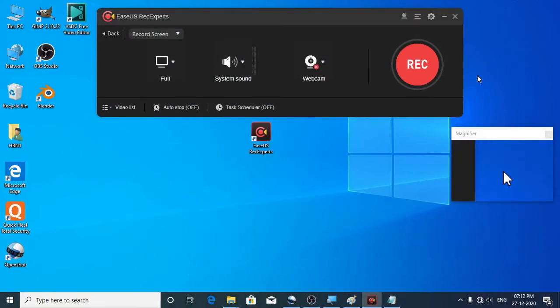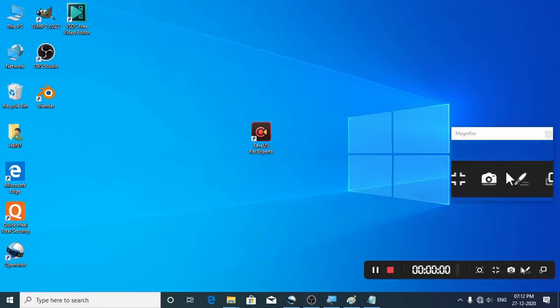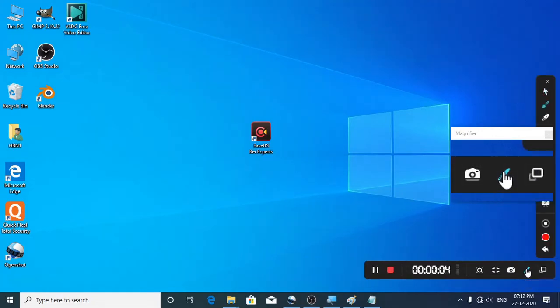Let us see how to start or stop the recording using keyboard shortcut. To start the recording using the keyboard shortcut, you can press the F7 key. To stop the recording, you can press the same F7 key.